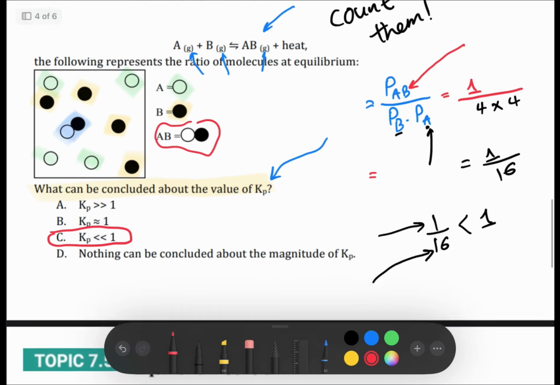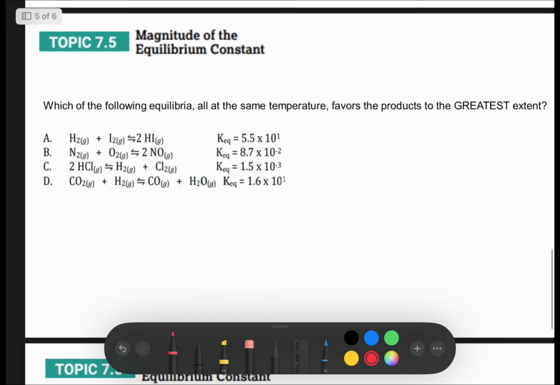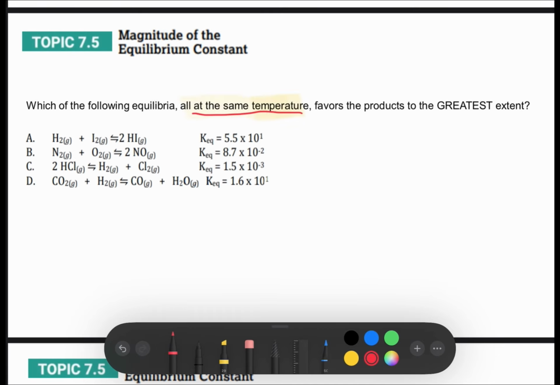Okay, let's take another question. The question says, which of the following equilibria favors the products to the greatest extent? Okay, the products, it means K should be greater than 1. So I have to look for which of these values is the greatest and greater than 1 for sure. So here you have negative powers, which means they're for sure less than 1. So I can cancel them out, the B and C. Now we have two possible answers. We have A or D. So which of these values is bigger? You have 5.5, and here it's 1.6. And for sure, in terms of math, A is the greater, and that's why the answer is